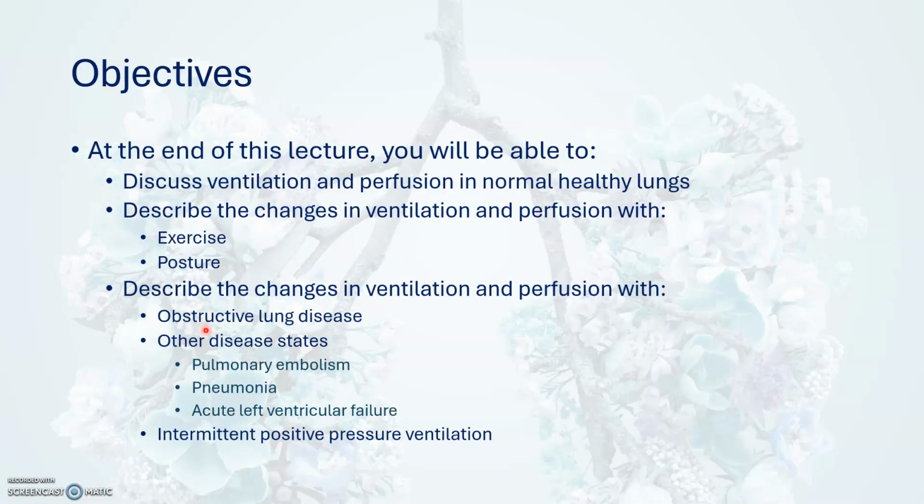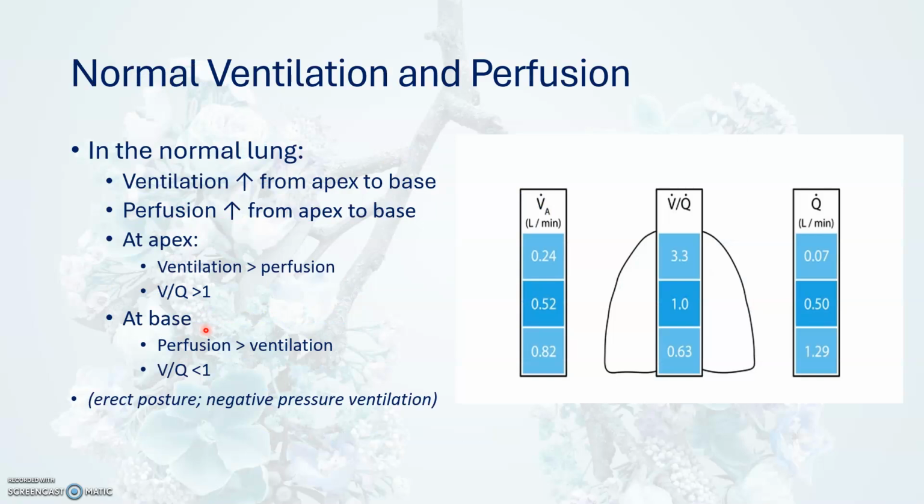So by the end of this lecture, we will discuss ventilation and perfusion in normal healthy lungs, describe the changes in ventilation and perfusion in some physiological situations such as exercise and changes in posture, look at ventilation and perfusion in a series of disease states, and then finally look at the effect of intermittent positive pressure ventilation on ventilation and perfusion. So let's start with the normal healthy erect lung,